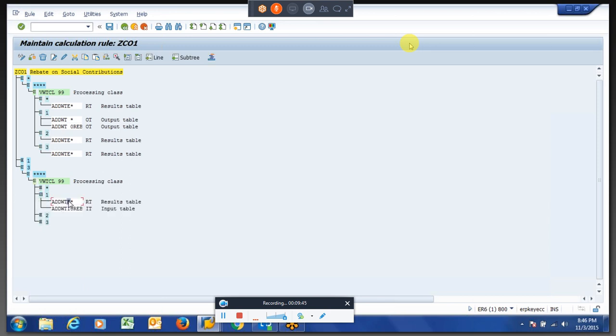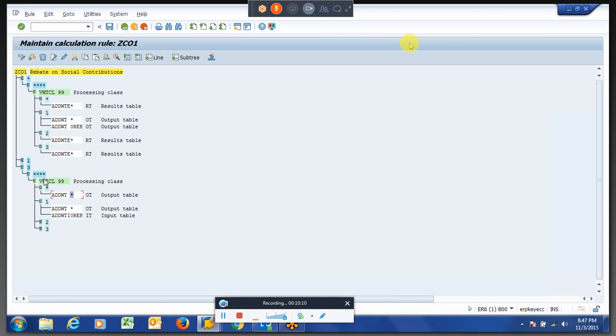We didn't mention that as E, right? If you are mentioning it as ADDWT star and pushing here, even this also. So here we didn't mention E over here. So whatever the adjustments I did,